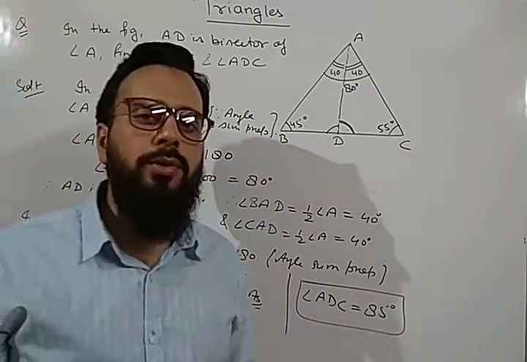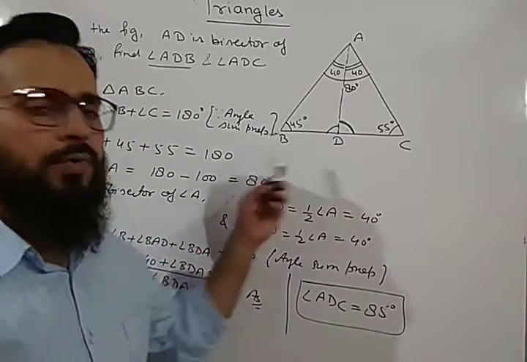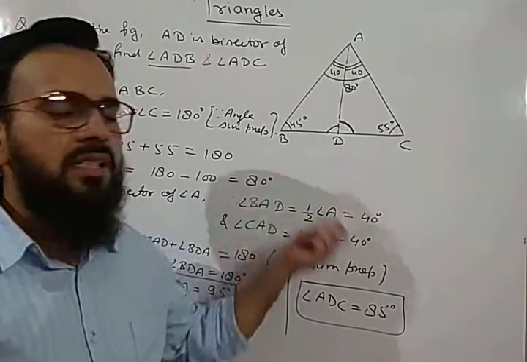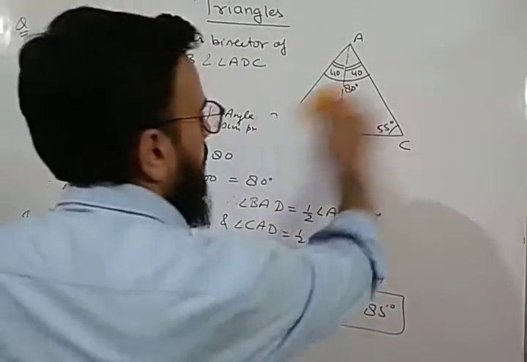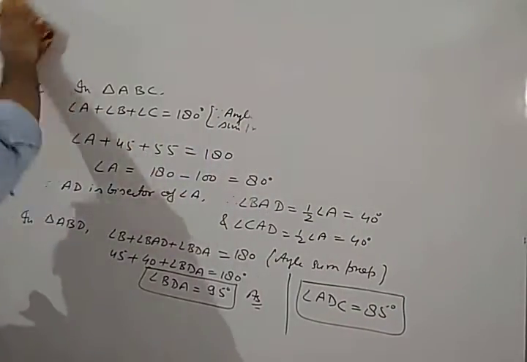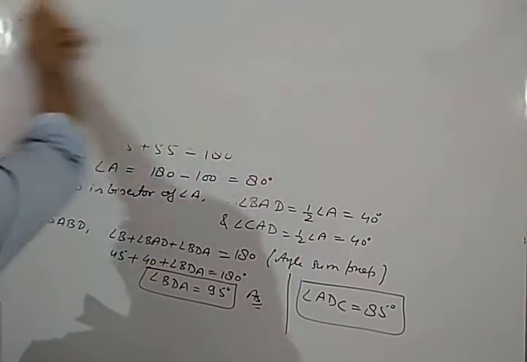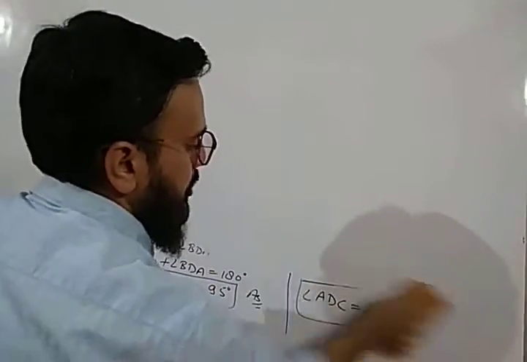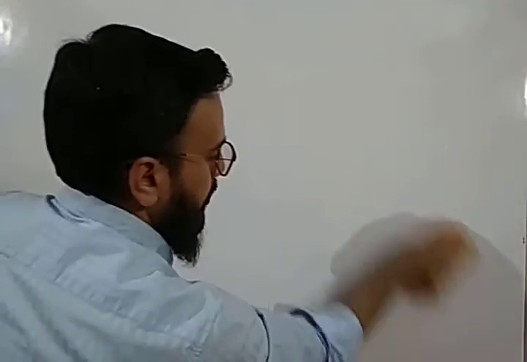As I already told you, the questions of calculation, whenever you have to find the angles, are very simple questions. But if you have to prove something, then that will be a little bit difficult, and you have to understand it very well so that you can solve the problems based on proving. Because in class 9, most of the chapters are related to proving of things. In triangle, circle, quadrilateral, in all these chapters you have to prove the questions. That is more important. So let us solve another question.